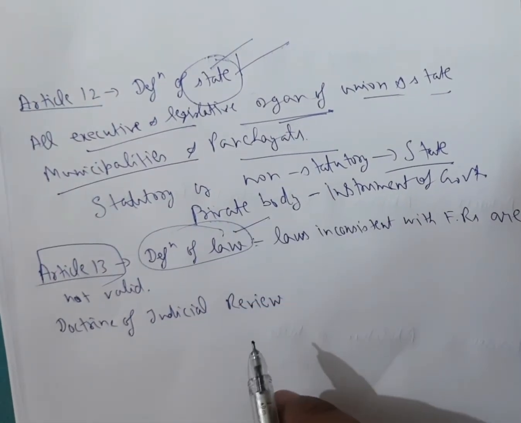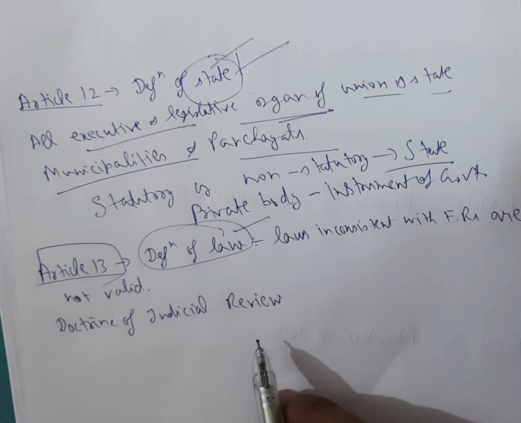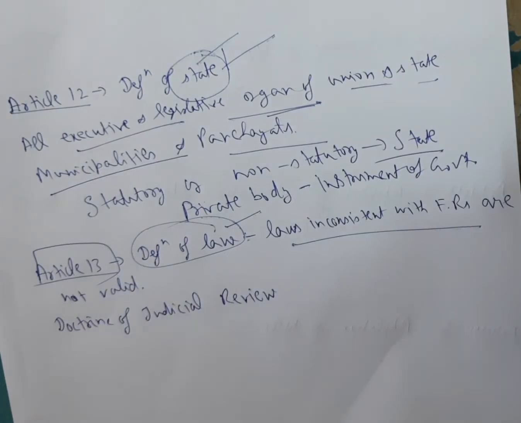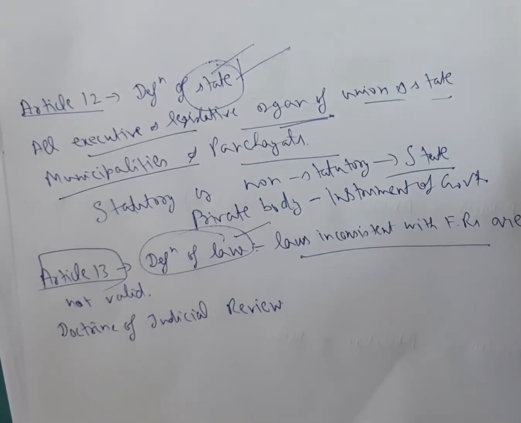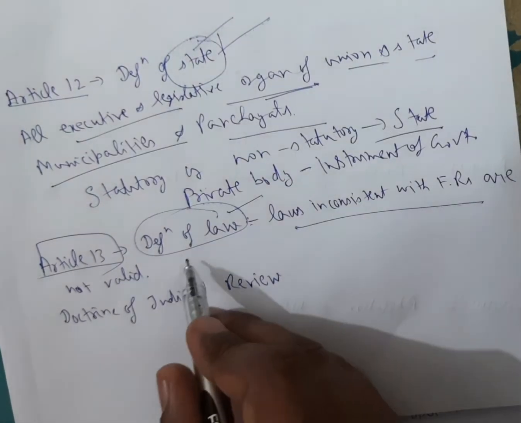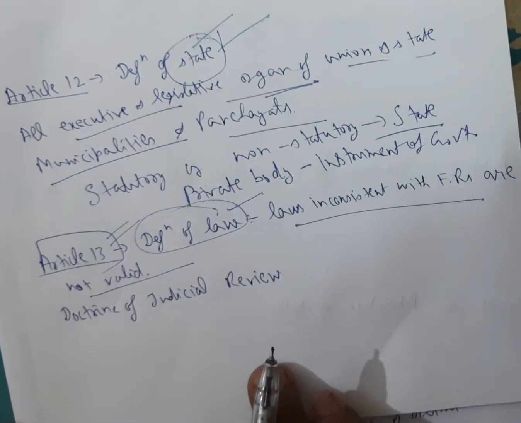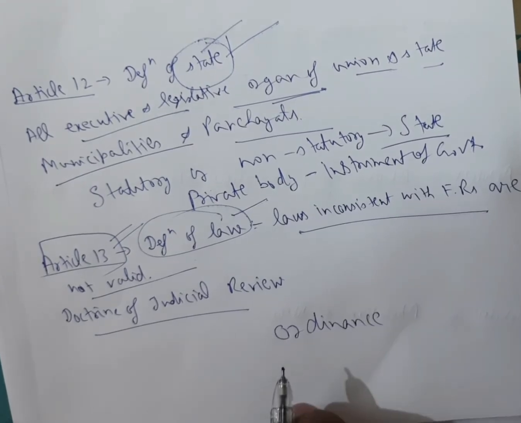It is not the direct definition of law, but it implies the definition of law. It includes that laws inconsistent with fundamental rights are void, are not valid. If any law made by the parliament, made by state legislature, or any executive action or any non-legislative action is inconsistent with the fundamental rights, then it is not valid. That is the definition of law, and it includes the ordinance by the president or the